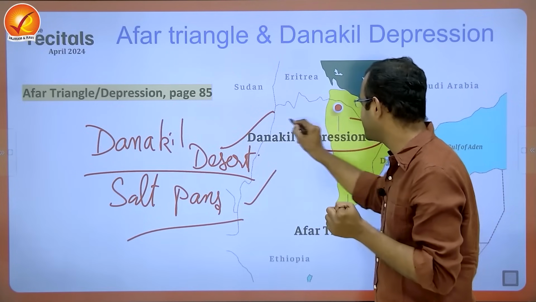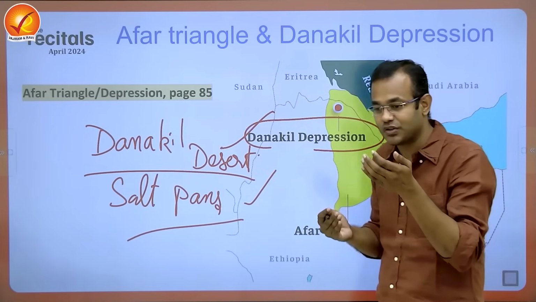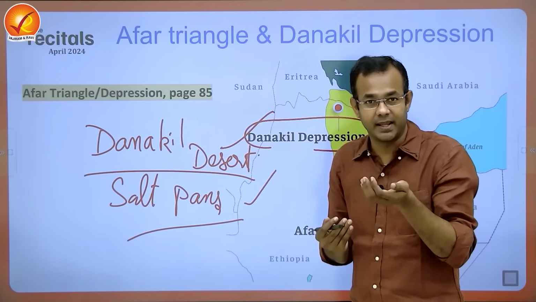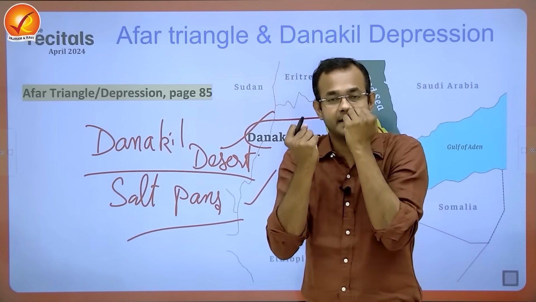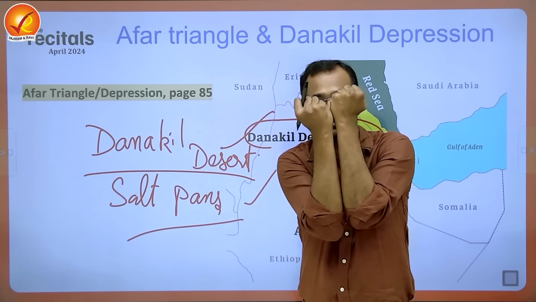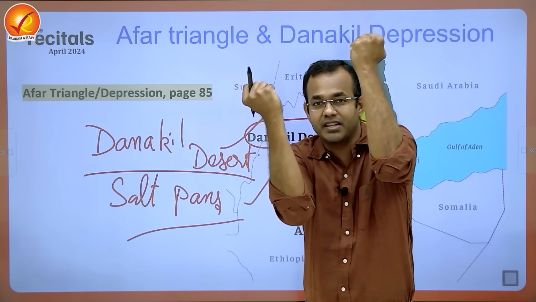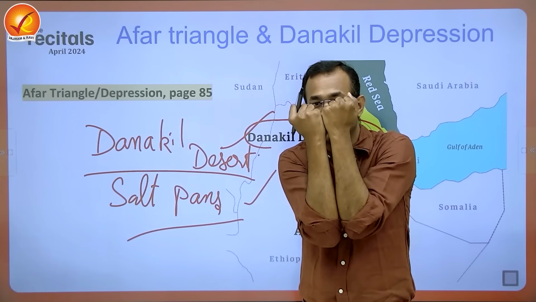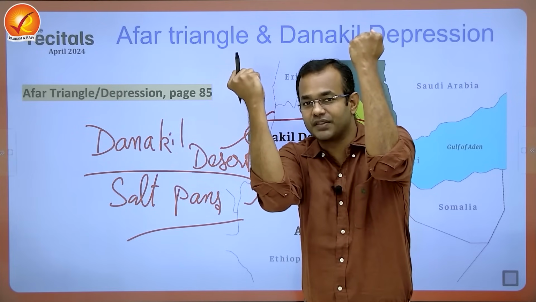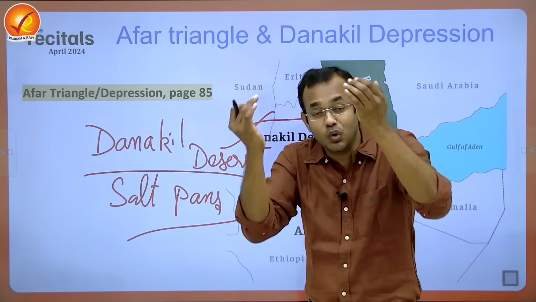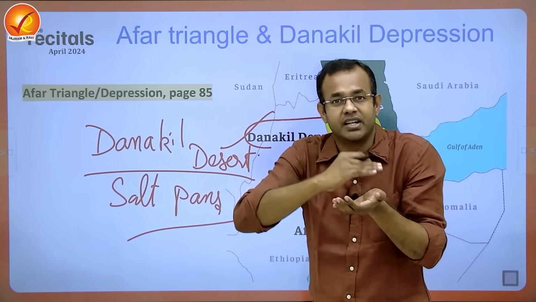See, the Danakil depression and the Afar triangle are very close to the shore regions, and we also discussed it is a low-lying area. This is formed because of the movement of tectonic plates. Consider the African plate, Arabian plate and Asian plate. They are moving in different directions, because of which the Rift Valley is formed and the low-lying depression is also formed. With this, there is inundation by the sea.